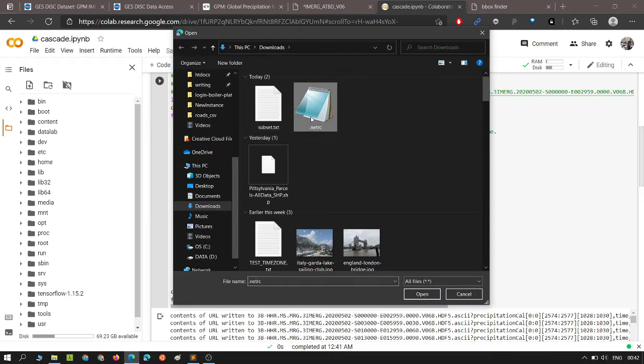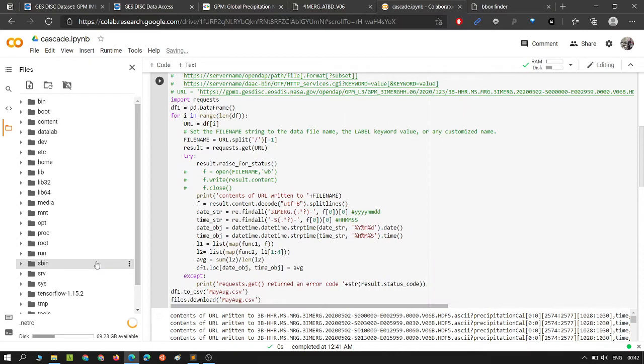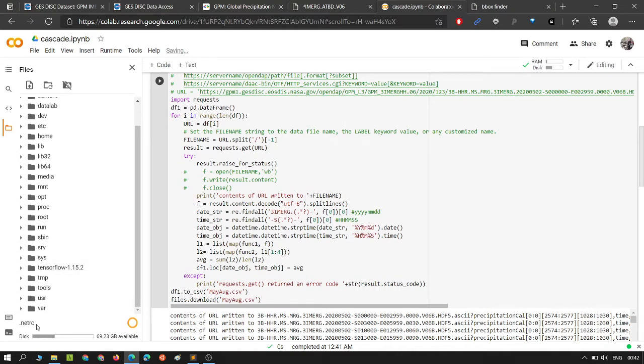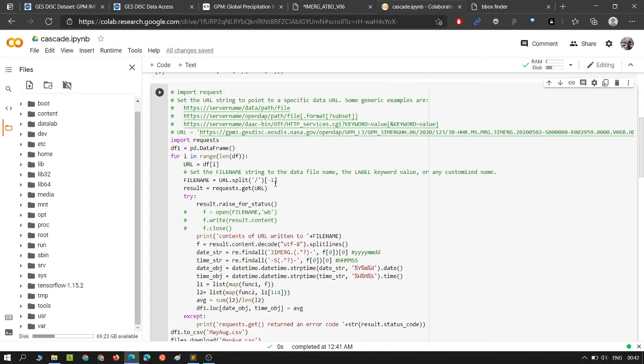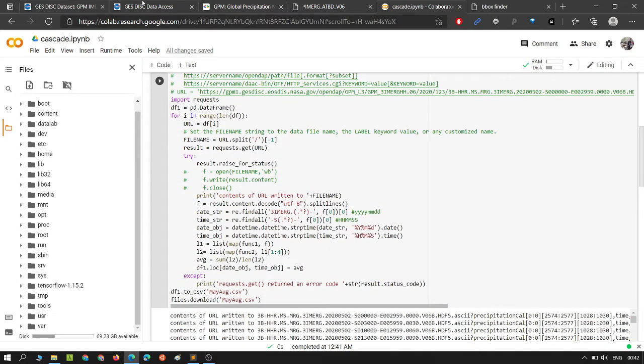You need to upload the .netrc file. This file contains all the credentials that we provide, because this is an API call, and anyone can abuse it. So NASA requires that you pass credentials on each request. That is the use of that.